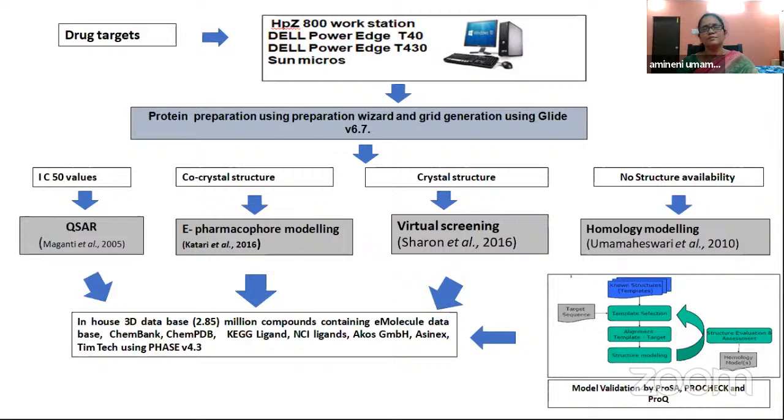And again, we will do the ProCheck analysis. In that stereochemical analysis, the stereochemistry of each and every residue will be checked. If it is stereochemically stable, then we will go to the next step of validation with the superposing command, with the already existing PDB structure. We will superpose this one, and if there is a less RMS deviation, then we will consider that model. And if the structure has the ligand also, we will do the modeling along with the ligand.